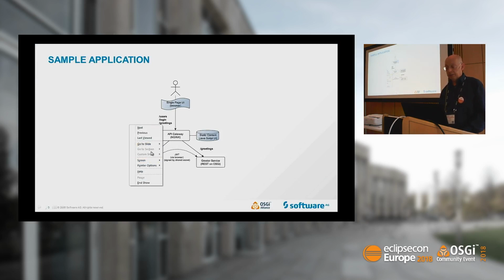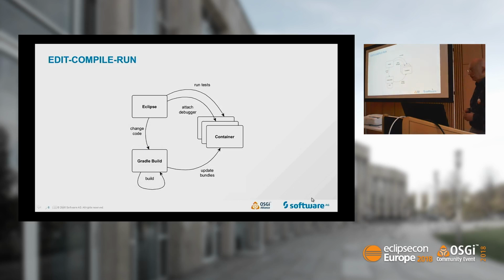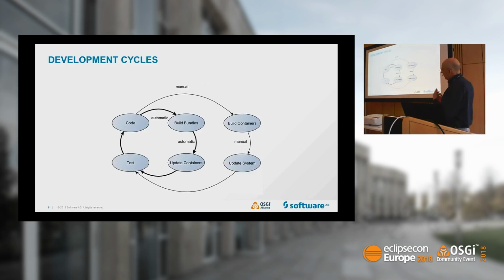Okay, so let me try to summarize again what we've seen. So we've seen that this edit, compile, run cycle is much more compact and much more powerful in this setup. Well, I think we've seen these different steps. There is a kind of inner and outer cycle. So if you're in this inner cycle, you can make all these changes, updates, tests, and so on,